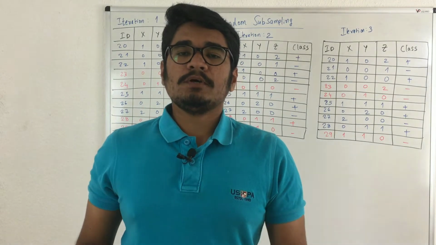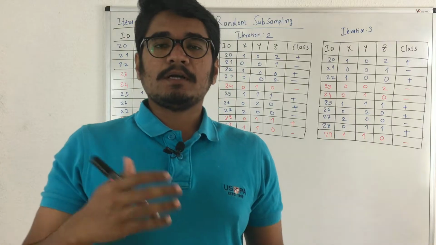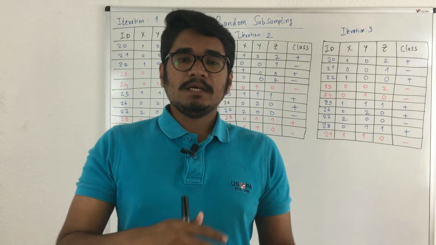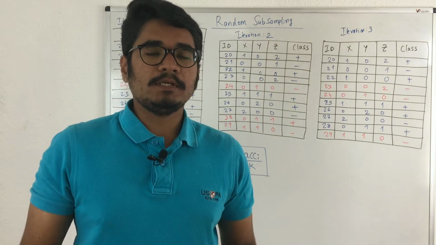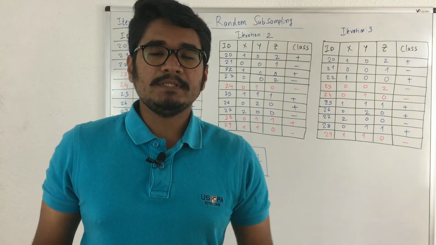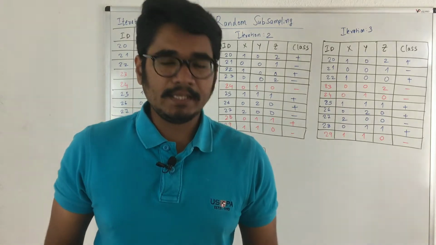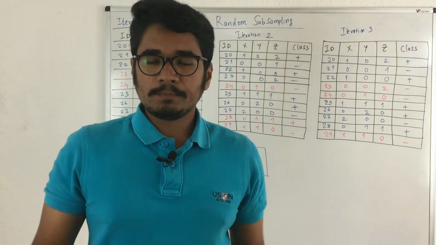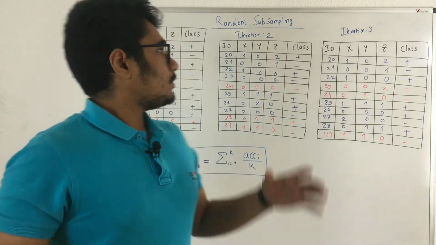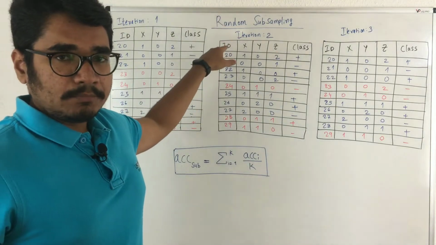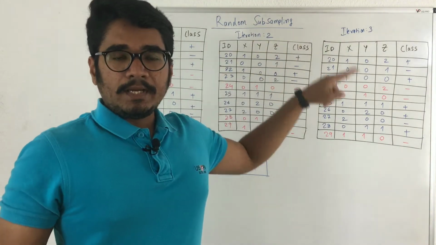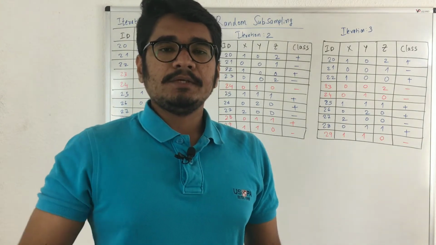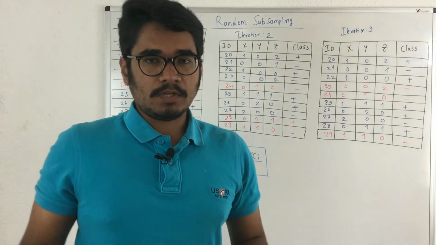So in the last video we saw the very first, or primitive, type of classifier method, that is the holdout method. In today's video, let's see the repeated iteration of this holdout method in order to improve the classifier performance, that is the random subsampling technique. This is a very simple method based on the holdout method which you saw in the previous video. You have a random holdout method iteratively applied at every step, and then you evaluate the error, and after that you estimate the accuracy of that particular model.